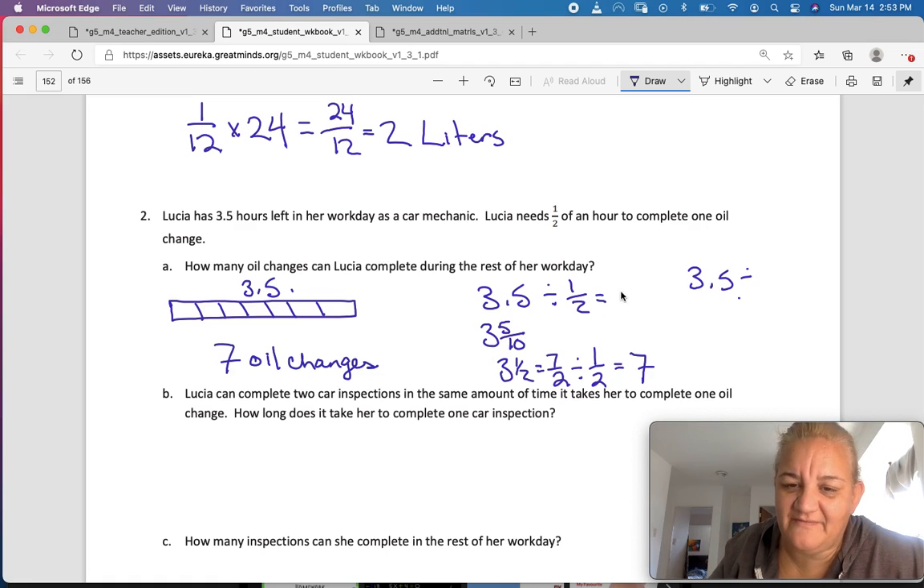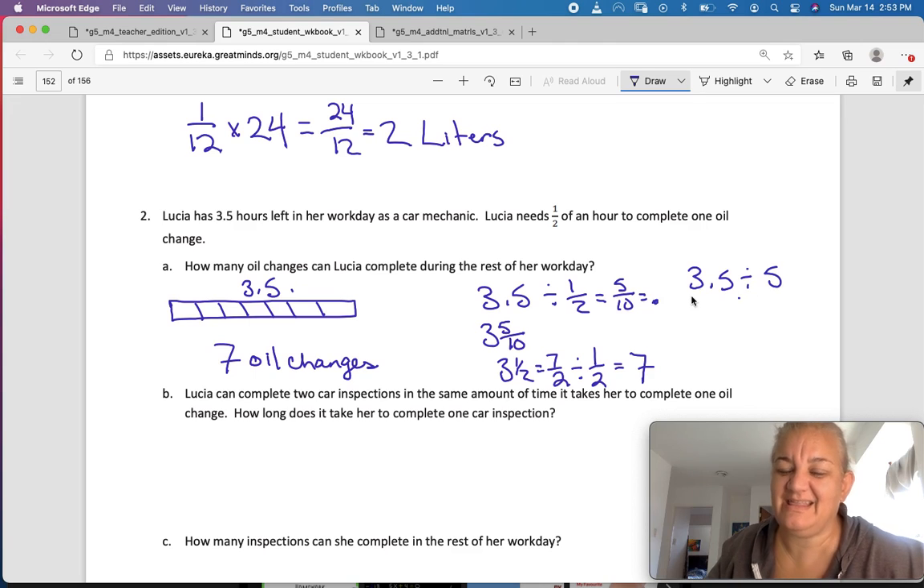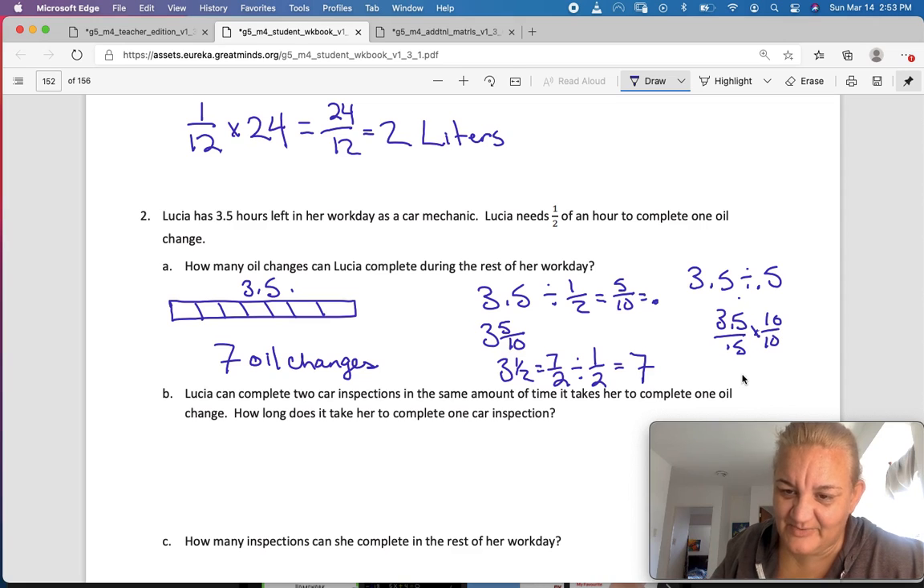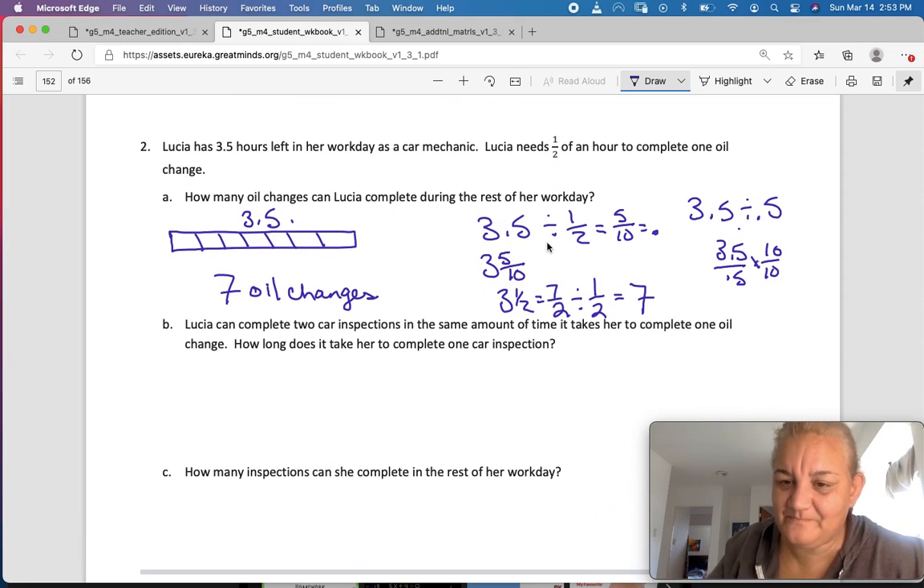You know that 1/2 equals 5/10, which equals 0.5. Okay, so 3.5 over 0.5 would look like this: 3.5 over 0.5. I'm going to multiply both of those by 10 to move the decimal point over. Now I have